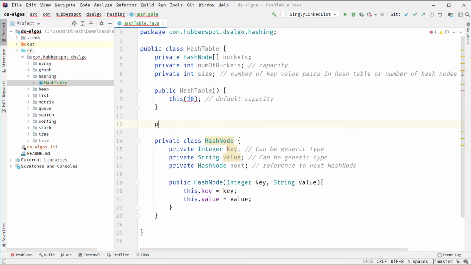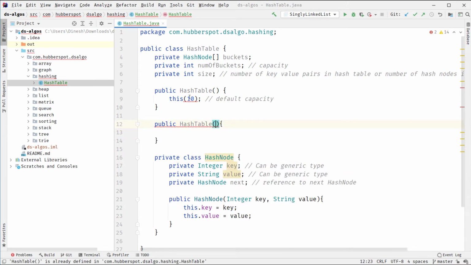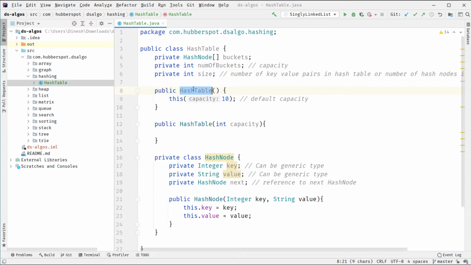So here we will create one more constructor which will take a capacity. So here we can provide a customized capacity by calling this constructor, and if we call the default constructor, it will create a hash table with a default capacity of 10.